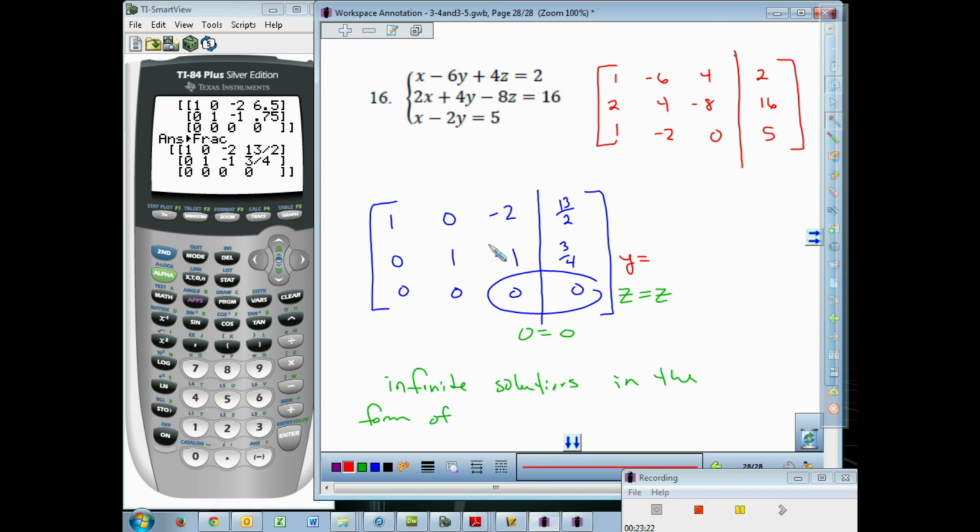People will realize you have to add this over, but they forget the z, right? It's not 1, it's 1z. You with me? There's a z there, z plus 3/4. Now get me the top equation. X equals 2z plus 13 halves. Then your final answer goes x, y, z, all in terms of z. 2z plus 13 halves, z plus 3/4,